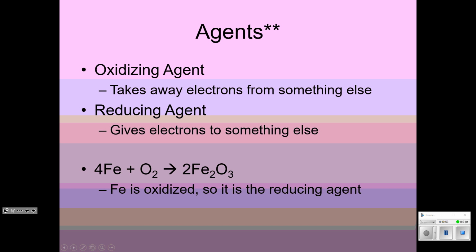Keep in mind, if you see things like polyatomic ions on both sides of the equation, like a nitrate on both sides, why even bother looking at the oxidation numbers for it? It's probably a spectator ion. Just look at the things that are actually going to change. There is a possibility that you could have more than one thing being oxidized and more than one thing being reduced, but typically you have one thing oxidized and one thing reduced. That gives us